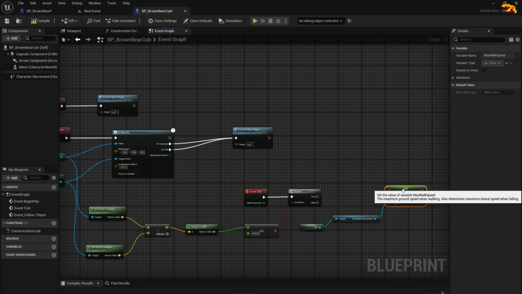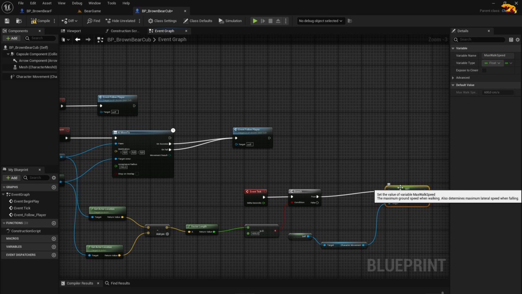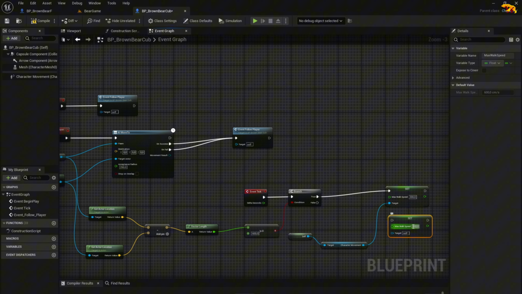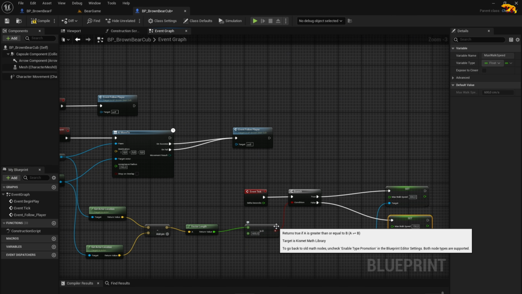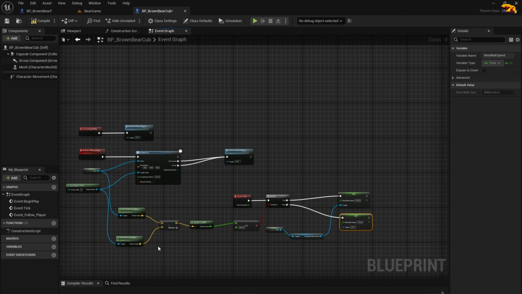If it's true, which means if it's greater than 600 units, we need to set it as pretty high, right? So let's put it 300, and we need to clone this once. We need to set it to 150, maybe half of the speed, when it is false. So basically when the distance is less than 600, which means it's relatively closer to the mama bear, we are setting the speed to 150. So that's it. This is a fine-tuned adjustment you can add to the basic AI move mechanism to make it more realistic that the bears,